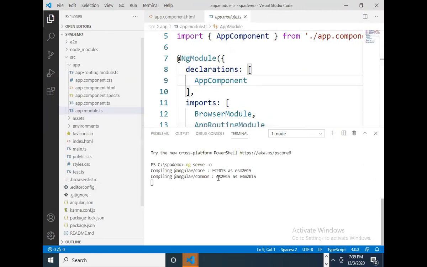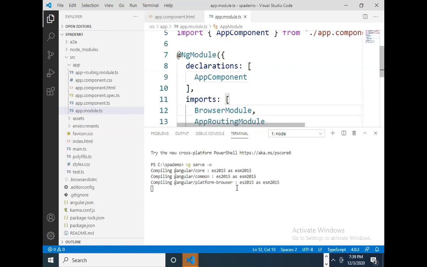Is it clear? So today we are developing a single page application over Angular. The default port number on which the Angular project will run is 4200. Every web application must be deployed on the server and every application must have some port number. So the default port number for the Angular application is 4200.